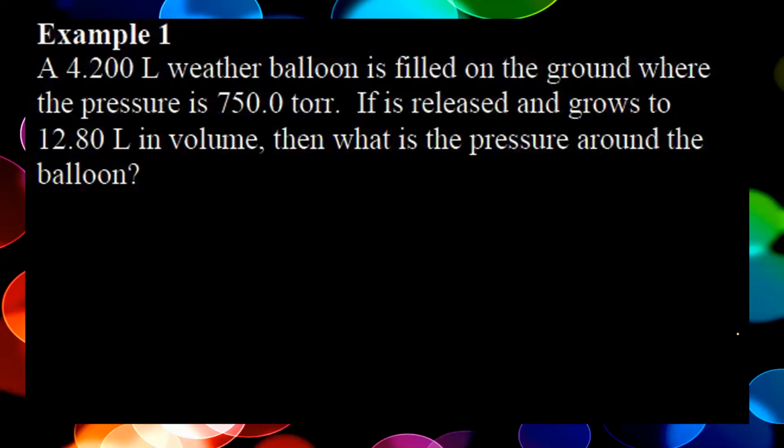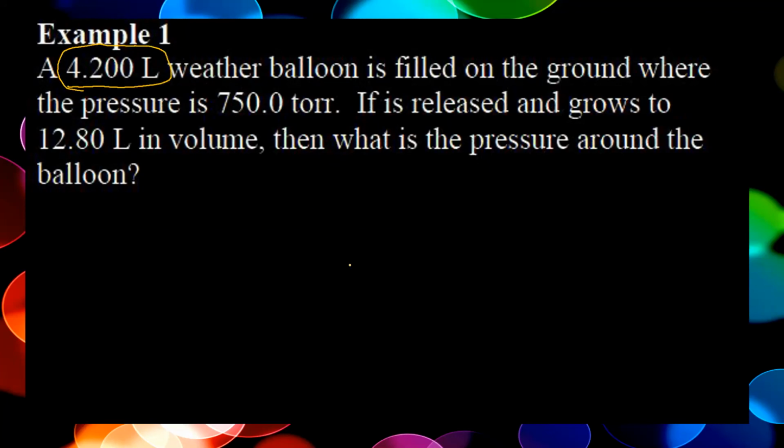And as I read this, one of the things I do, which I would suggest you do, is I like to circle the numbers as I read, but I make sure I circle the labels along with them, because I just pointed out how the labels are super helpful. So on the back of your worksheet, this is problem number 1 in the top left corner. A 4.200 liter, okay, so I'm going to circle all that,